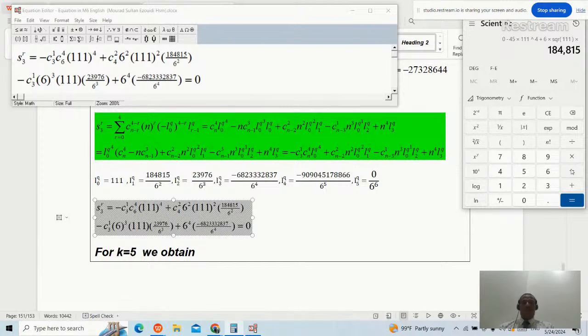So I'll just write minus 3 times 111 times 23,976. Then you see this one plus 6 to the power 4 divided by 6 to the power 4 is 1. I'll just write the value of this. It will be minus, I'll just write immediately minus what, Mr. Murad? Minus, we told, minus